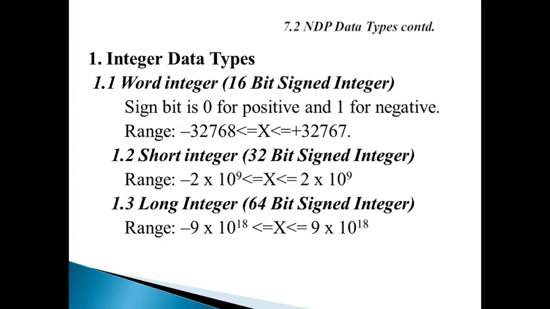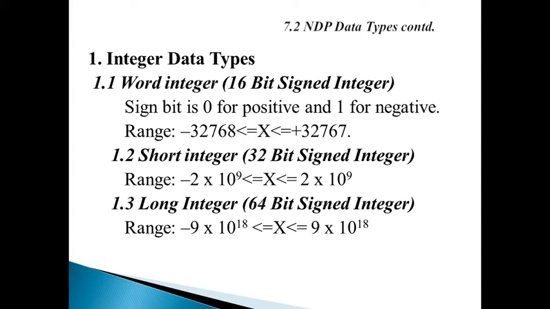So let us see the integer type. In the integer type, again 3 subtypes are there in the representation. The first subtype is word integer, which is of 16 bits. Out of 16 bits, 1 MSB is used for representing the sign, that is 0 for positive and 1 for negative, and the remaining 15 bits are used to represent the integer number. So the integer number can have the max negative value minus 32768, or the max positive value 32767. This is the maximum value represented by the 15 bits.